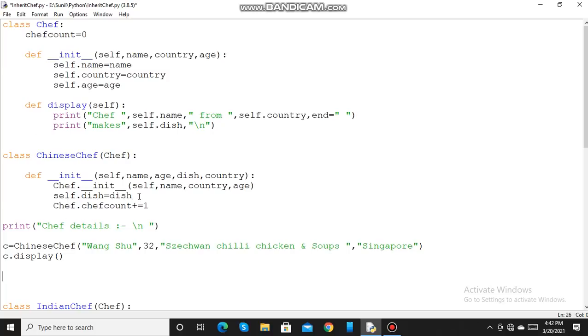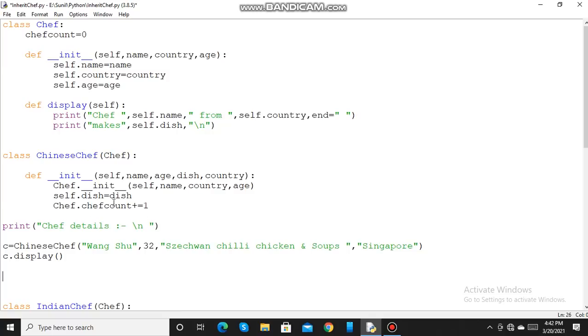Then here I am initializing the dish in this derived class itself. I am not passing it as a parameter. Then I am adding 1 to this chef count. So I am accessing the class variable chef count in this derived class Chinese chef. So this is a class variable. So I am incrementing the value by 1.